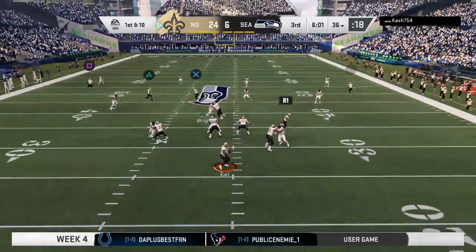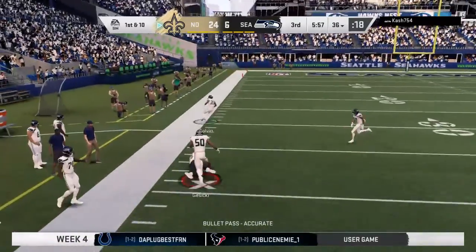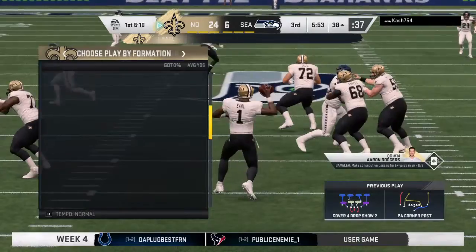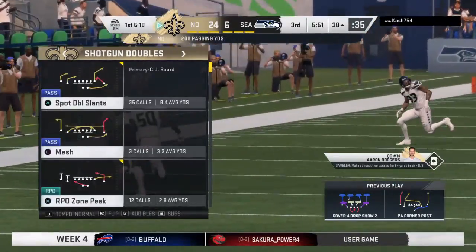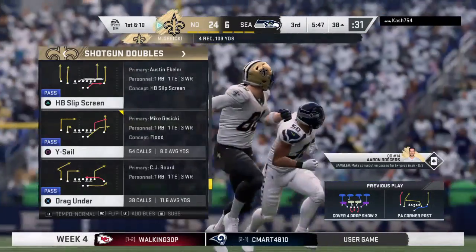Off the play fake, Earl. He's got his man on the crossing route. A very solid gain of 27. So on that play, defense was in the zone. They ran a crossing route offensively, but